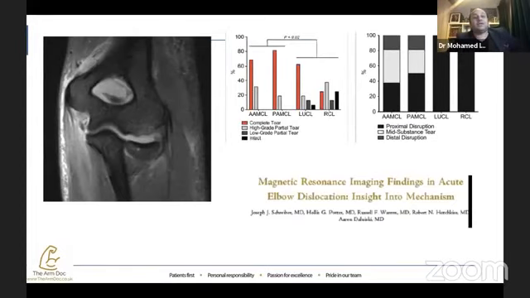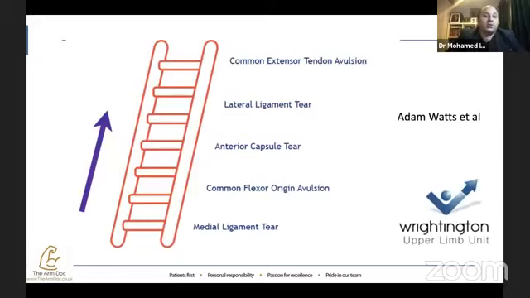So actually, there are different possibilities. It can start medial and can start lateral, and our concepts about the circle of Horii might not be the right concept. So Adam Watts from Wrightington, and I'll mention Wrightington on a few occasions. I'm a bit biased because I'm an ex-Wrightington fellow, but in that study we looked